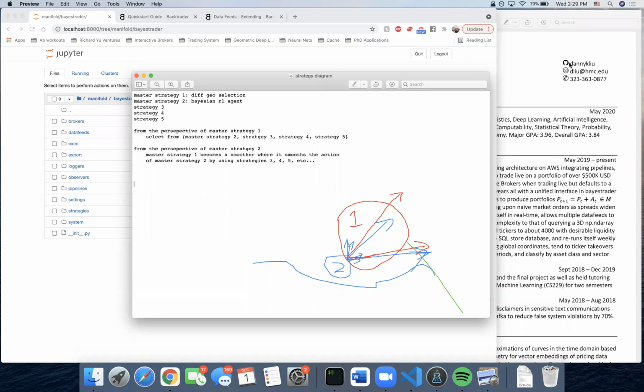Hello, in this video, I'm going to give a quick overview of the key points of bayestrader, the trading architecture I designed for Manifold Technologies, and why I believe it is significantly better than any existing architecture that you can find online. So to get right to it, unlike most approaches, which consider assets independently or